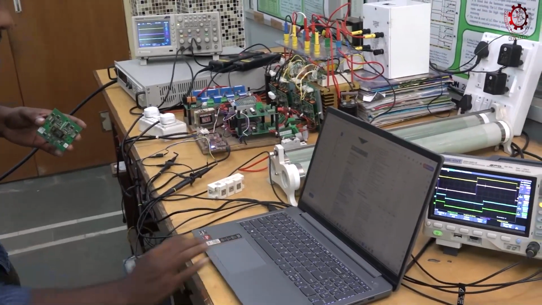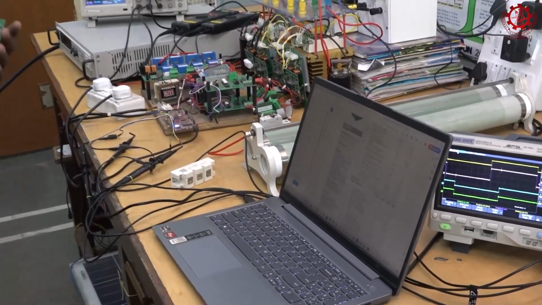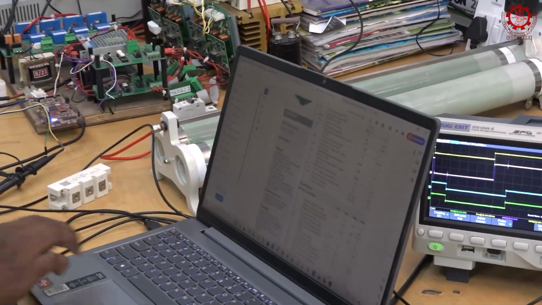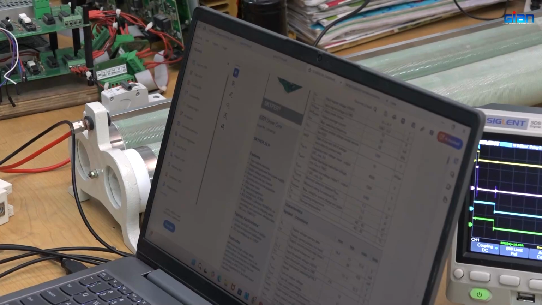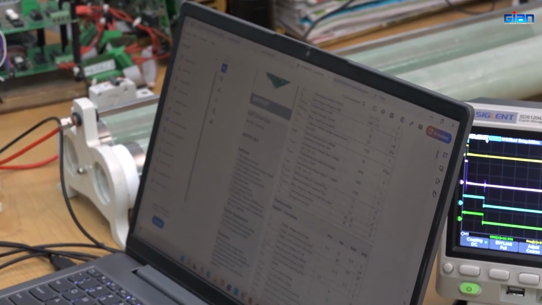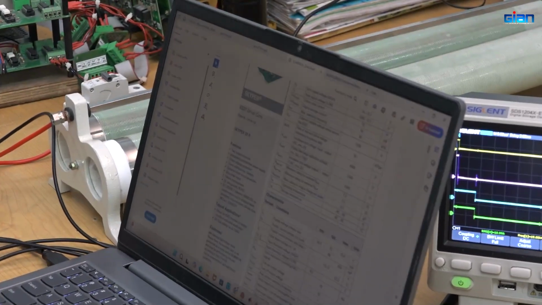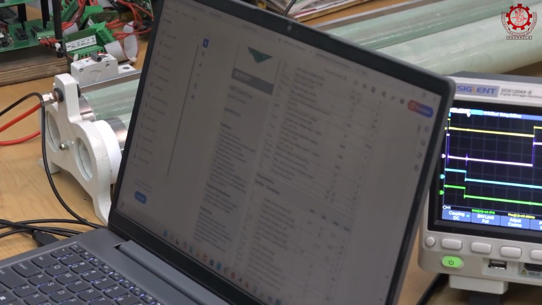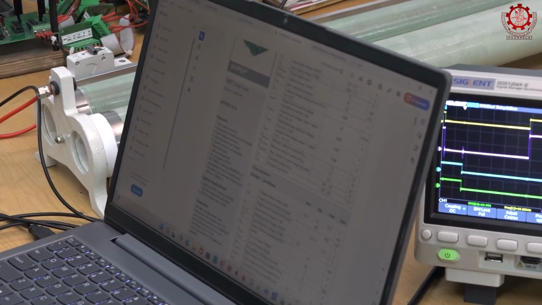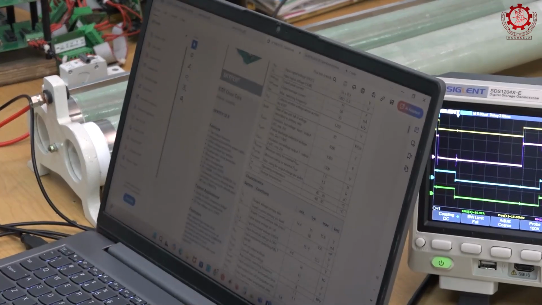So you can see, it has an under voltage protection. If the required input voltage is 15 volts and it is less than that, around 13.5, if it is below the 13.5 threshold voltage, it will get off. So that kind of under voltage protection is there in this, and also